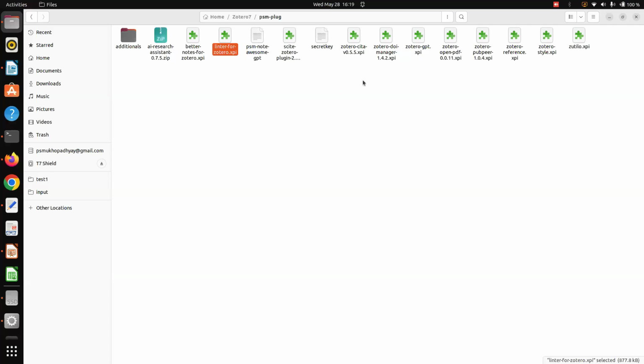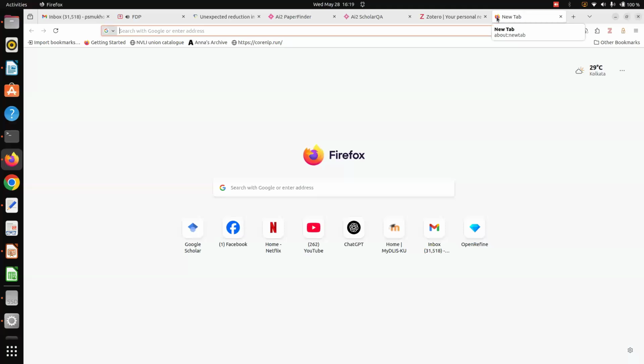The second one I would like to tell you about is Zotero GPT, and the third one is Zotero Reference. Zotero GPT and Zotero Reference are developed by one and the same person, and are available from here.